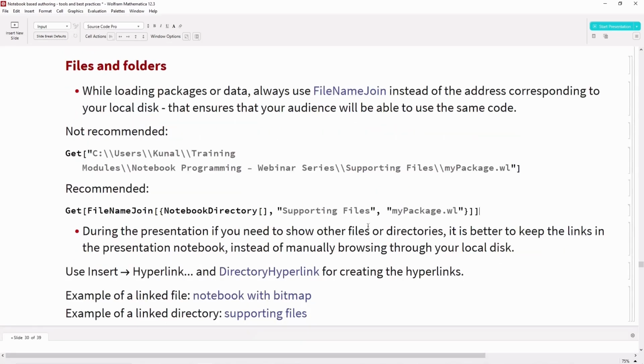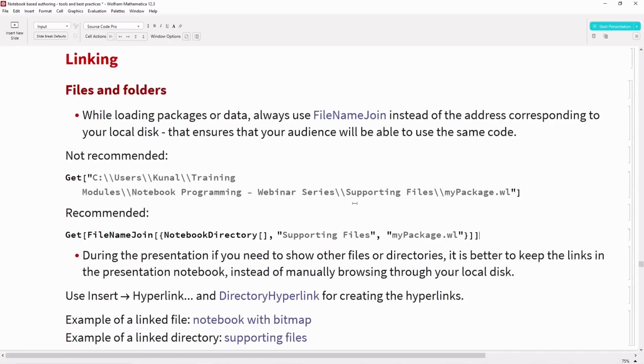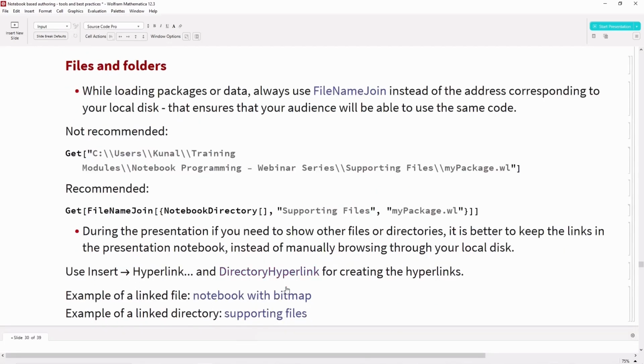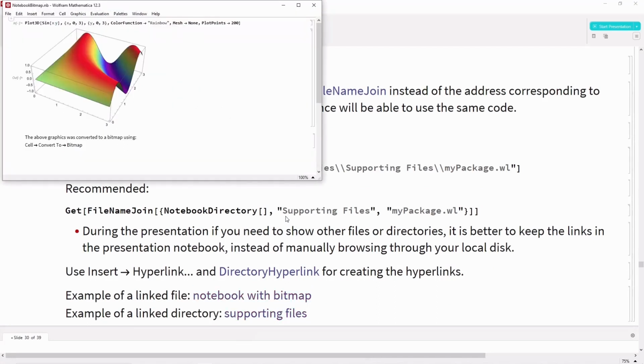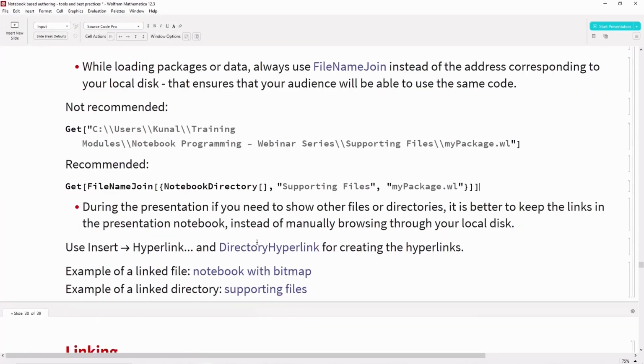So similarly, you can create hyperlinks for linking any files or directories into your presentation in order to point the user towards those. Here's an example we saw earlier of a bitmap stored notebook image, how we can simply, by clicking, open that with the help of a hyperlink. Similarly, we can link directories as well.